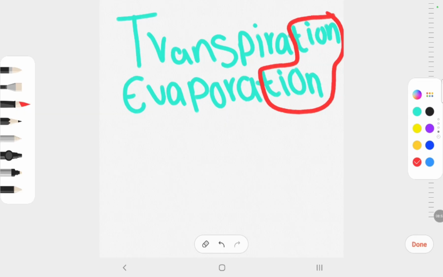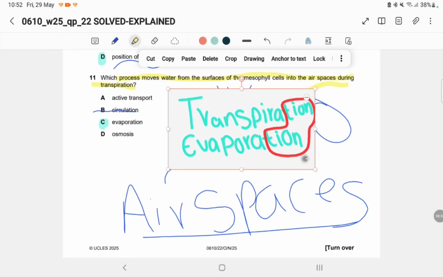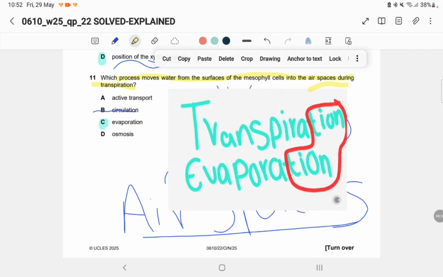Just memorize it this way and you'll be very good to go. You will never forget it with this mnemonic. I used to do this and it really benefited me. So now, evaporation is a passive process, and even if you don't know that information, just by common